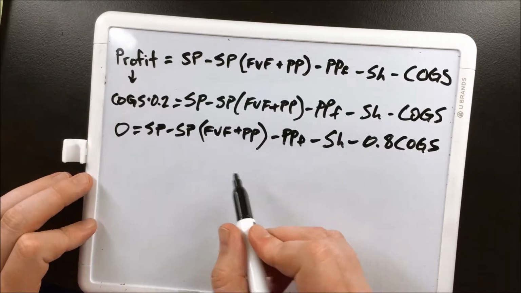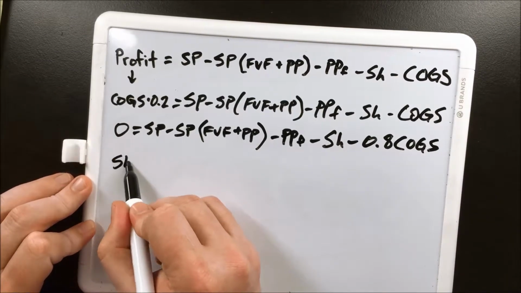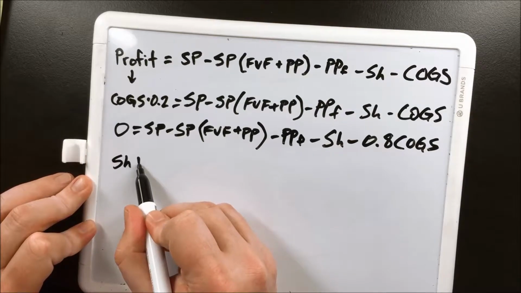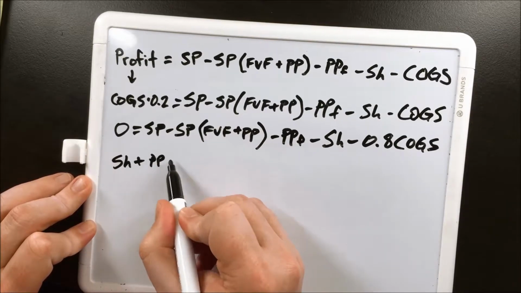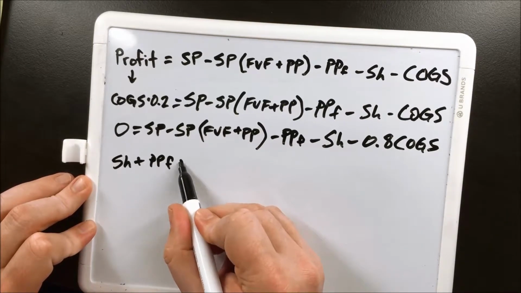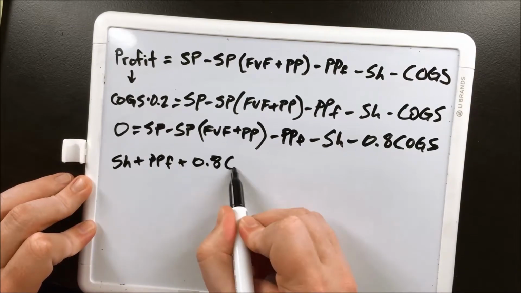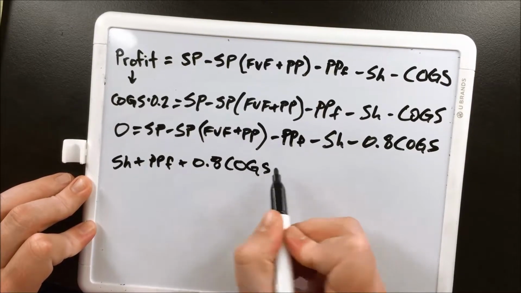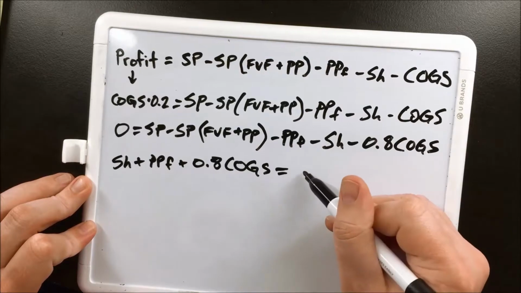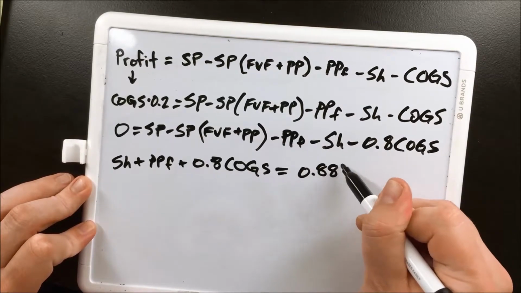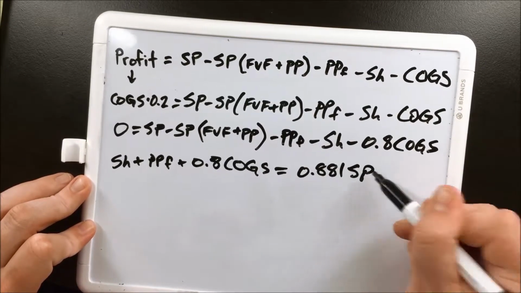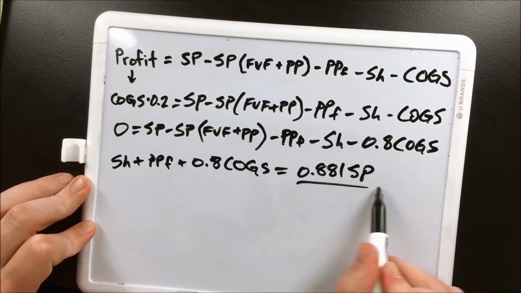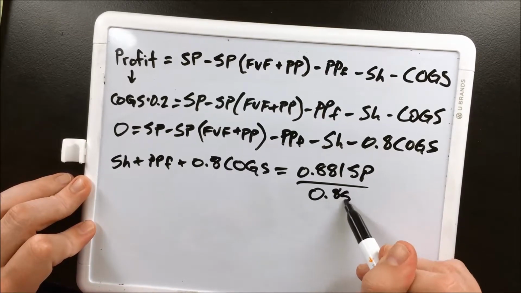And that becomes shipping and handling plus PayPal flat rate plus 0.8 COGS equals 0.881 SP. Divide both sides by 0.881,